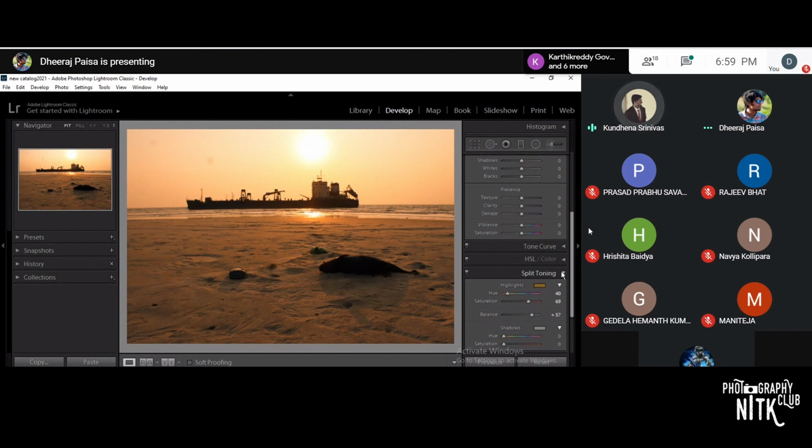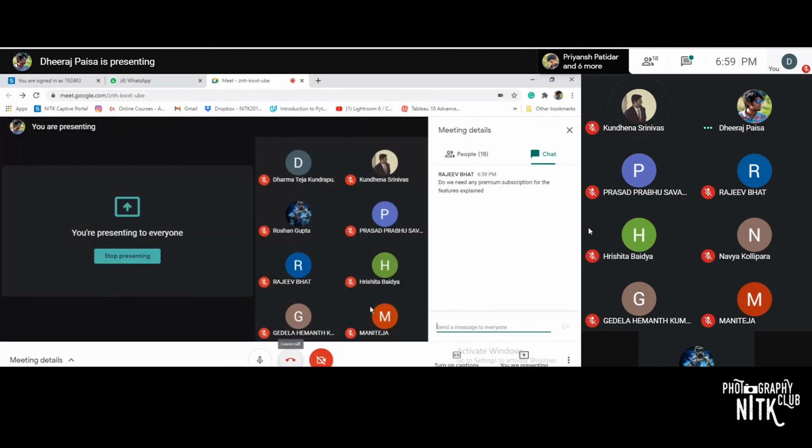Yeah, Rajiv, what I messaged in chat. Do we need a premium? Yes, definitely. We need to buy the version of this Adobe Lightroom, but you find cracked versions over the internet. It's not safe to use a cracked version, but if we don't have any other option, we have to either buy or use a cracked version.